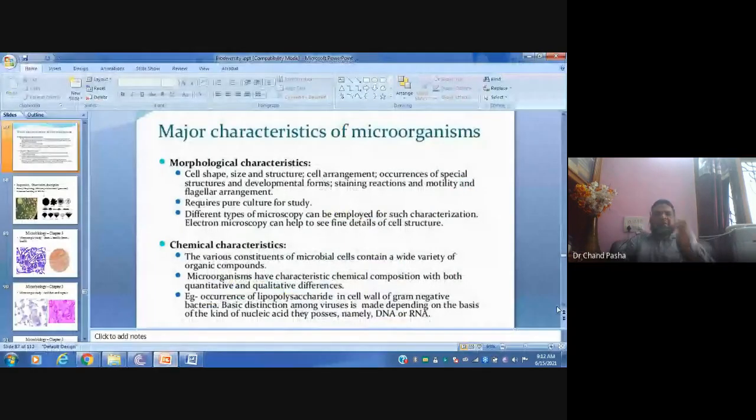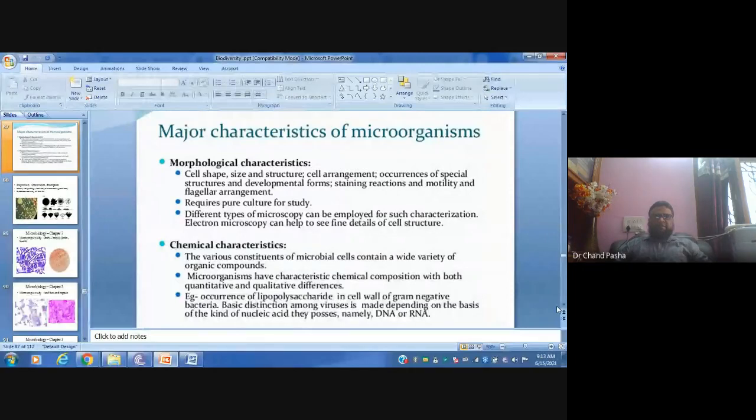That is about morphological characteristics. Based on that, morphological characteristics come under two categories. One is microscopic, second is external characteristics, that is growth characteristics, how it is growing. How the colony is growing on the plate, and how it is growing on the media, whether it is a suspended growth, whether it is a pellicle growth, what kind of growth it is showing. That comes under the morphological characteristics.